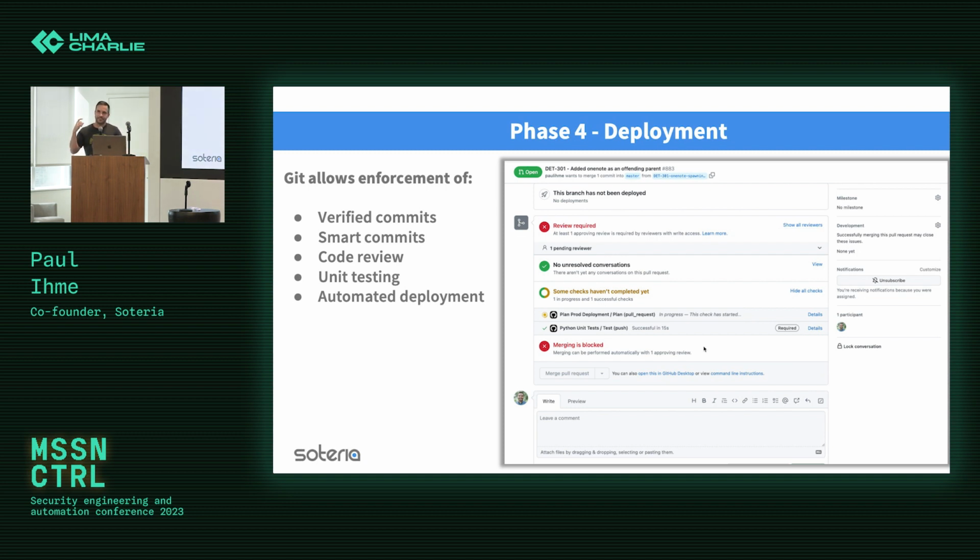Again, using that unit testing, so using the same verifiers that we talked about on the last slide, you can then have that take place during the build process. That way it makes sure nothing goes into production without passing those tests. And then from there, you can automate the rest of the deployment. And all of this, or those last two steps, are done via GitHub Actions, which is super, super powerful and makes it easy to run all these things.